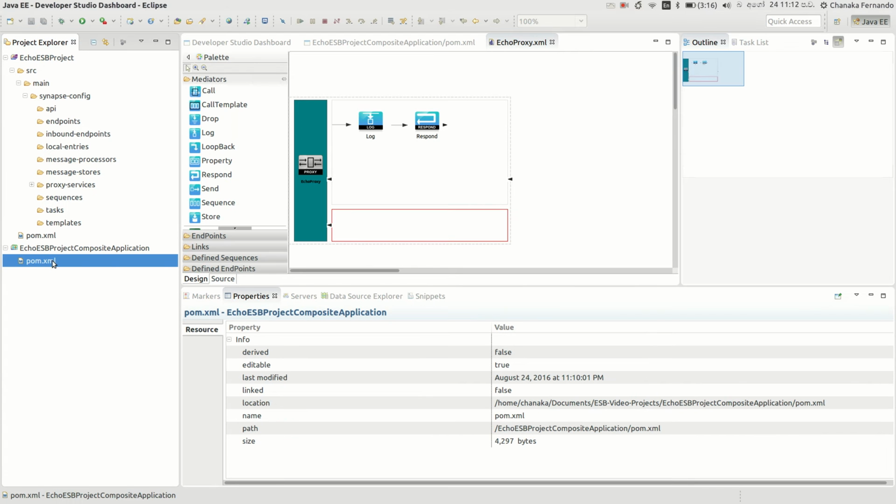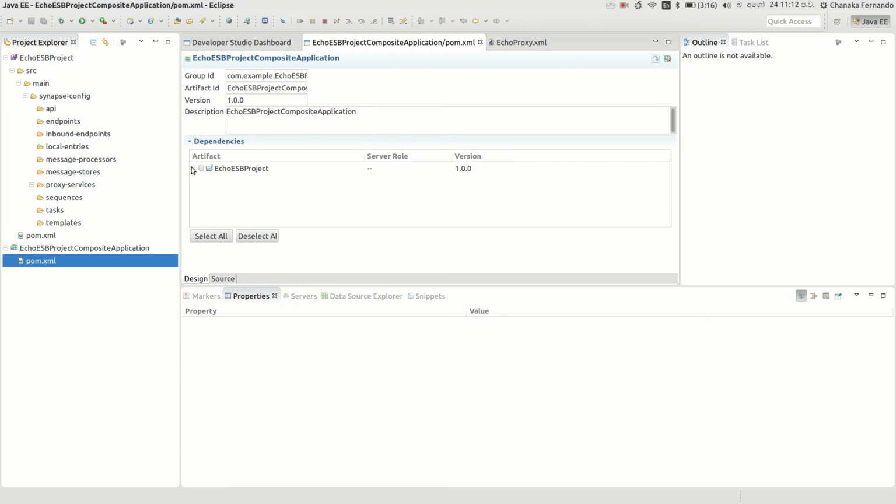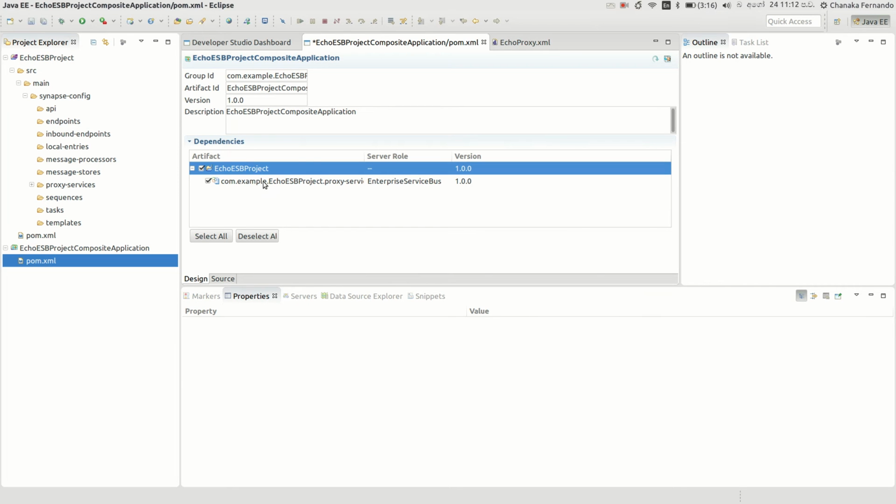Then I need to create a composite application which includes the proxy service which I already created. Okay, now I have created my composite application and now I am going to the ESP server and start the ESP server.